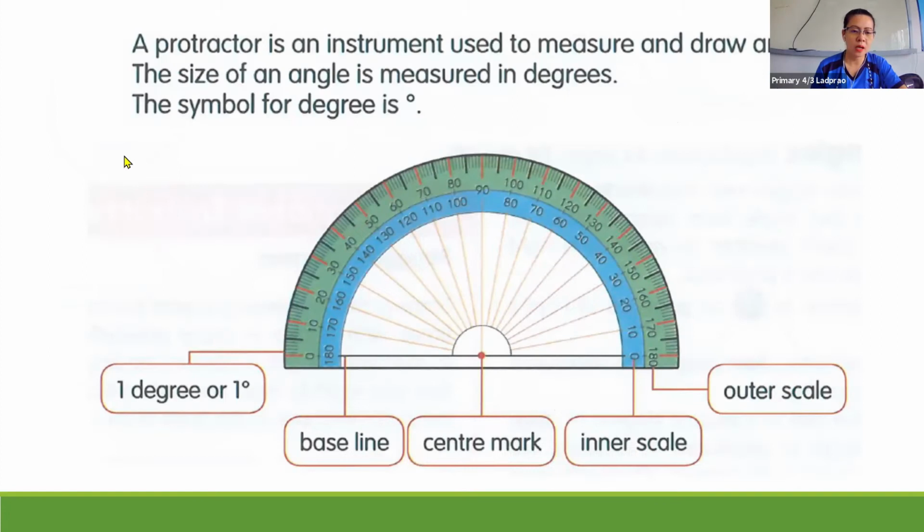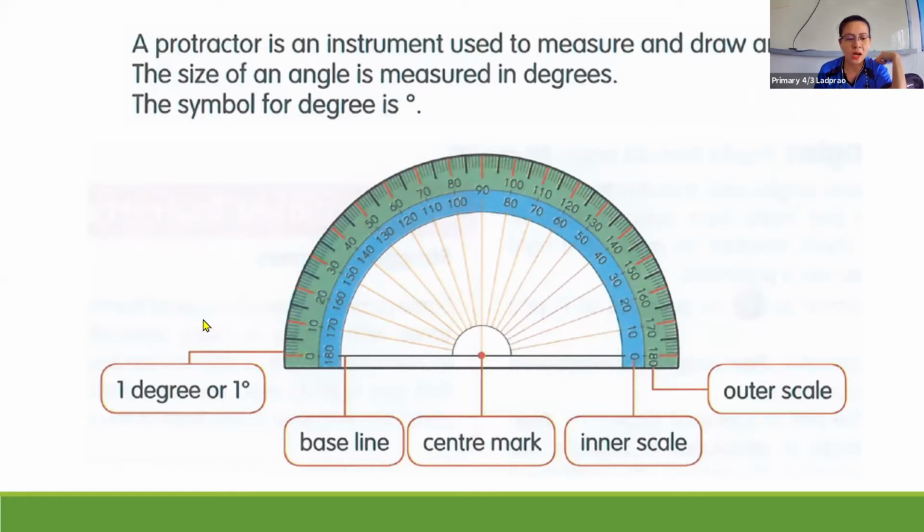Okay, this is the instrument that we use in order for us to measure and draw angles. We can use this in drawing angles and of course to measure the size of the angle. We can use the protractor. The size of an angle is measured in degrees. So the unit of measurement for angles is degrees. You see the small circle? That is the symbol for degree. And we use it as a unit of measurement in